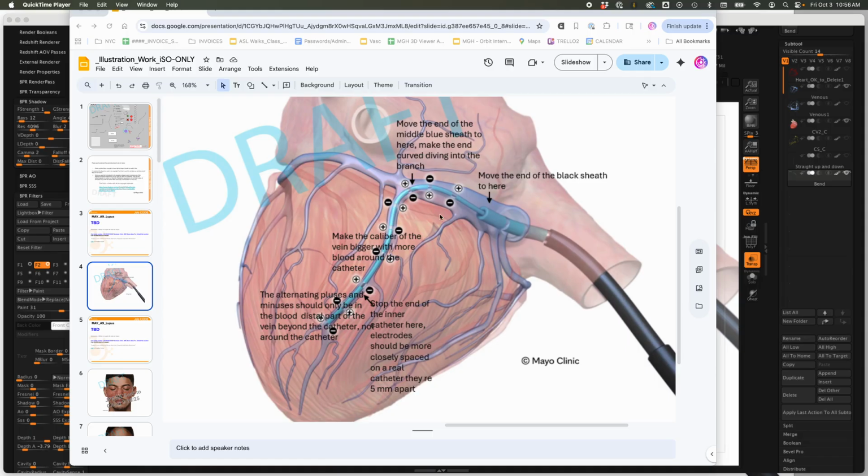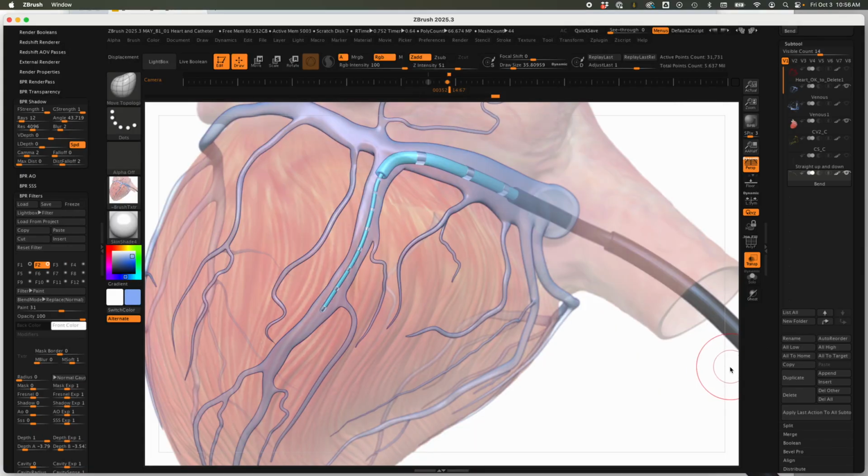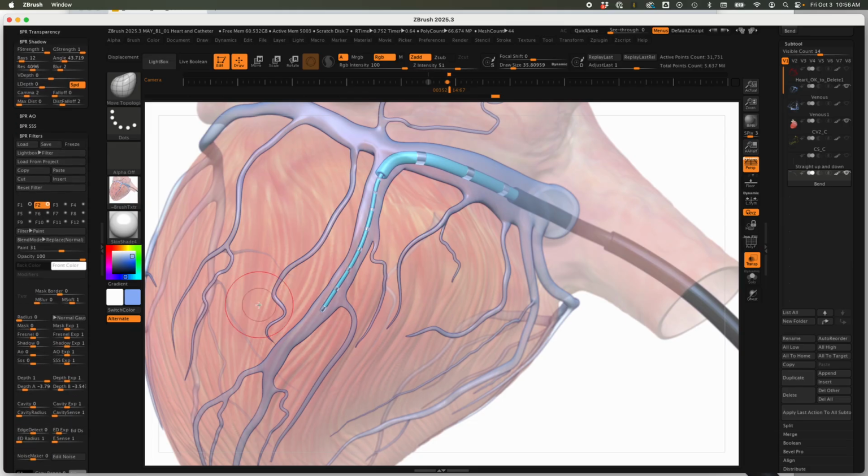So this is the illustration which was very kindly marked up by the client, and I need to adjust this catheter as it appears inside the heart. I built this in ZBrush, and this is the actual render as it comes out, and the vignetting and the blurring, because this is in